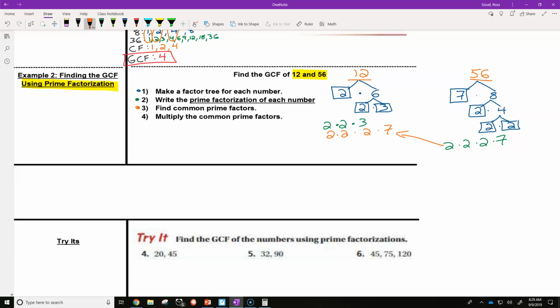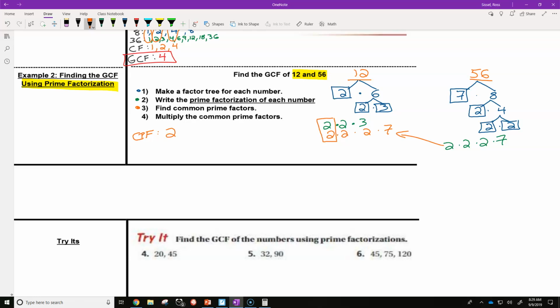Now, what are my common prime factors? What number is in the top one that's also in the bottom one? Tristan? 2. Okay, I'm going to circle this. Now, I circle one group of 2. And this is where it gets tricky. Prime factorization method's easy until this part. I circled a group of 2. So under my CF, my common factors, actually we should say CPF, common prime factors,